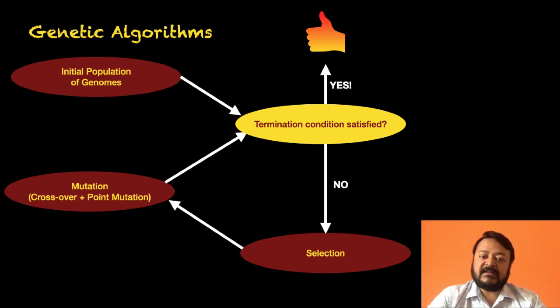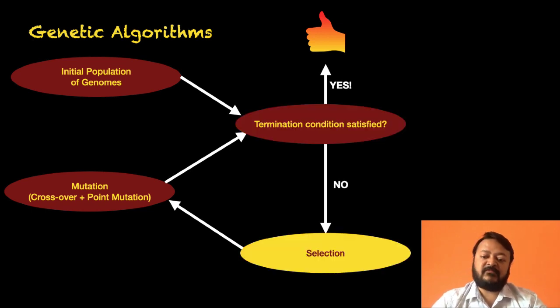So there can be various ways of terminating your genetic algorithm program depending on the kind of problem that you're trying to solve and the kind of accuracy that you are looking for. So now if your termination condition is satisfied, then of course you take the yes route and you stop your algorithm. But if your termination condition is not satisfied, then of course you go to the next step, which is